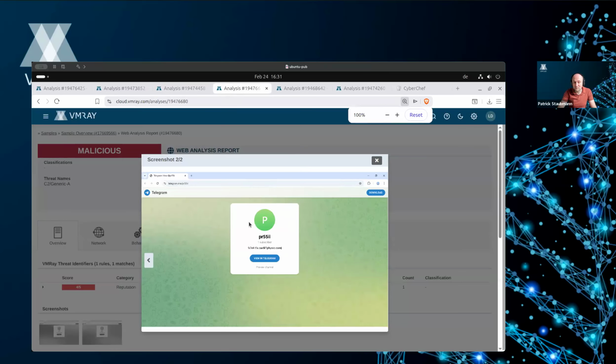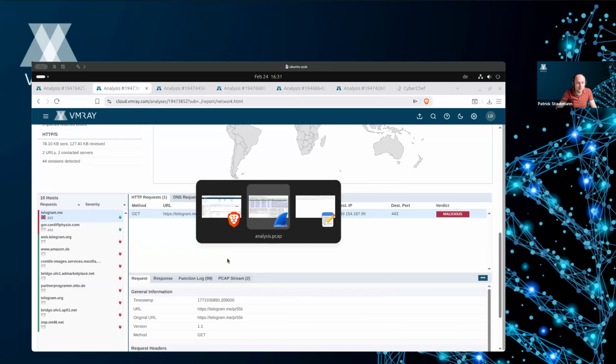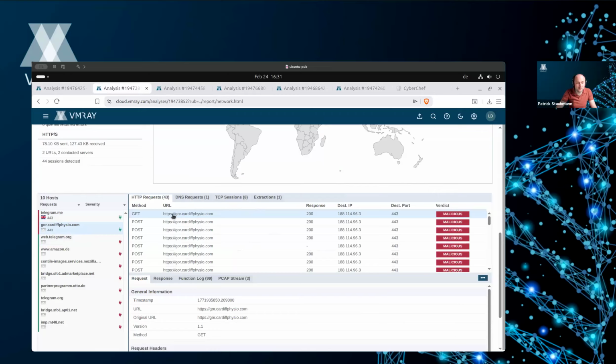That means that what I've said before, they can change these domains whenever they want to. They don't need to rely on anything else. They just need to go to that profile, change the profile description, and that's basically it. And whenever the system tries to reach out to the command and control server, it just picks up that new URL and can communicate with the actual command and control server. And just to give you a bit of visibility here, we see of course the communication with that specific domain. You can see the GET request to let the command and control server know that there is a new client probably. Then we see some POST requests.